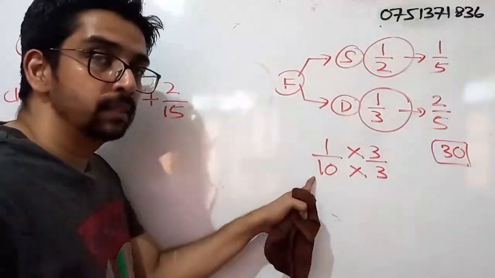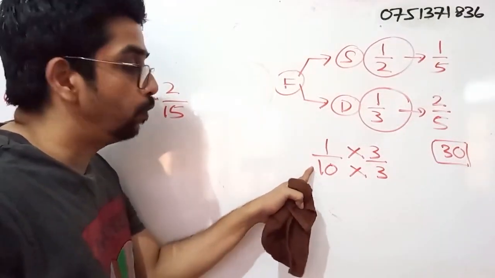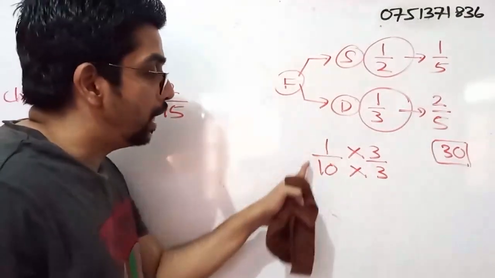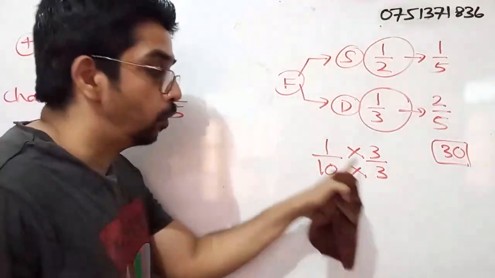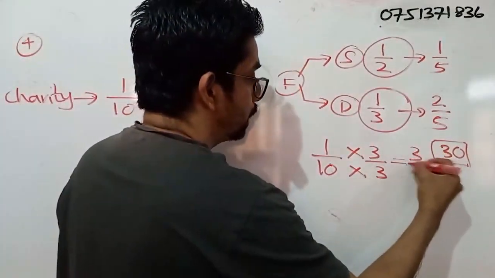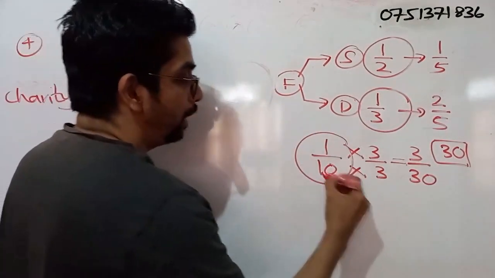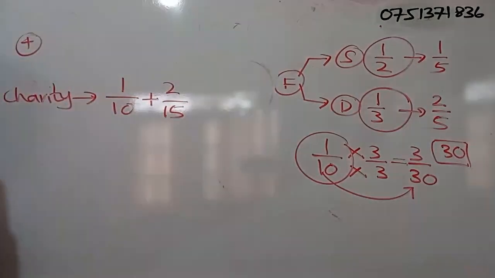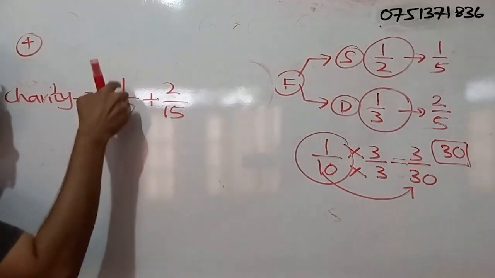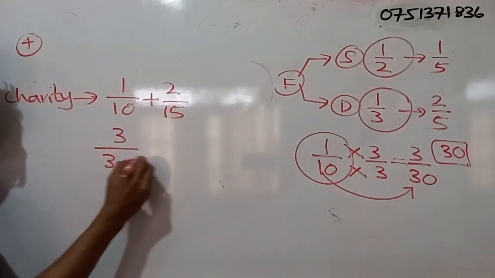Whenever we do something to a fraction, we have to apply it to the whole fraction, so we must multiply the numerator as well. 1 times 3 is 3, 10 times 3 is 30. Now 1 by 10 and 3 by 30 are equivalent fractions. So instead of 1 by 10, I can write 3 by 30, plus